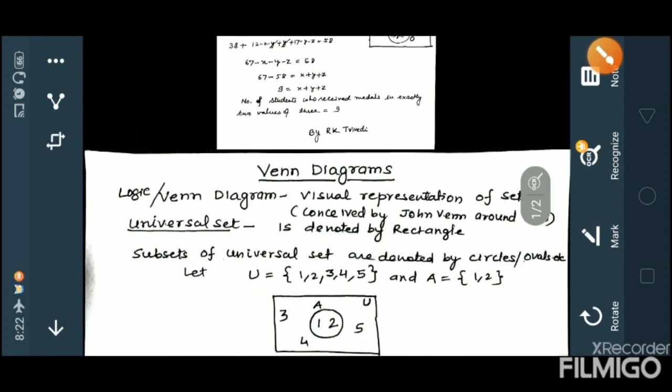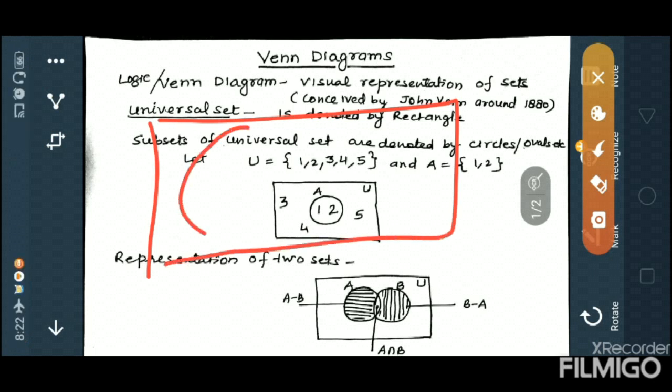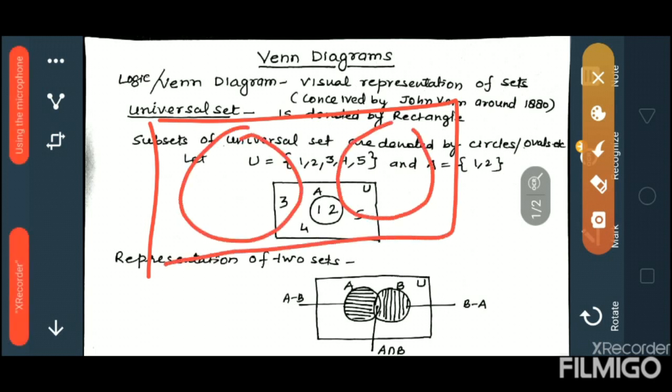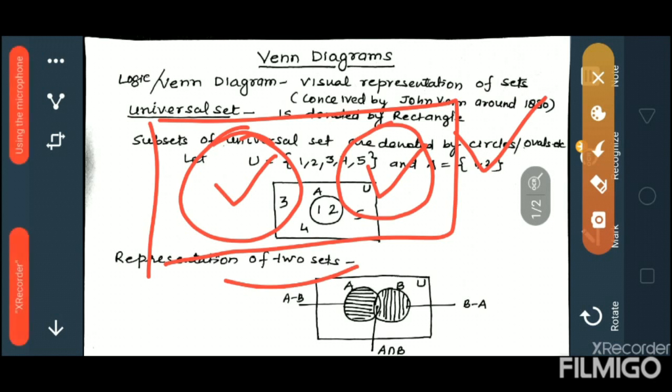Similarly, we can also take two sets like this. These are not intersecting, unlike in the representation of two sets. These sets are called disjoint sets. So here we can represent two sets which are disjoint like this. All the properties of sets can be represented using Venn diagrams, whether it is union, intersection, difference of sets,